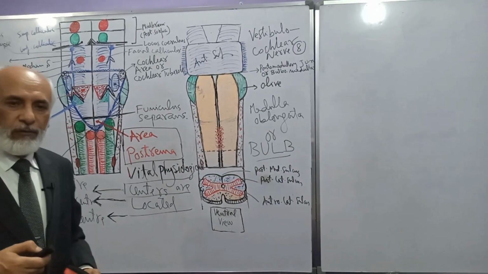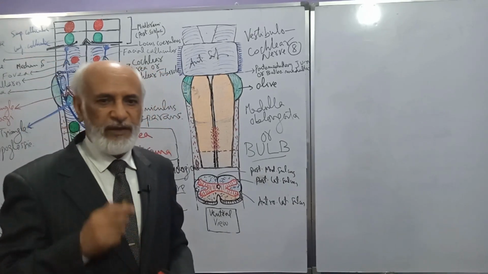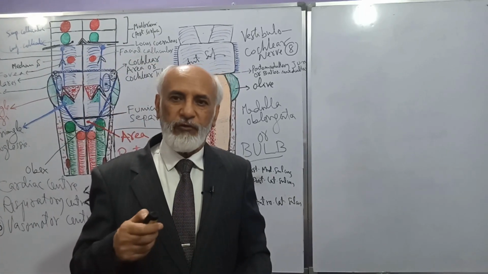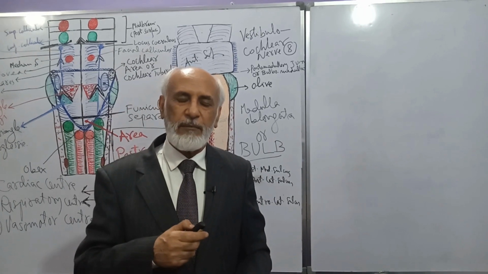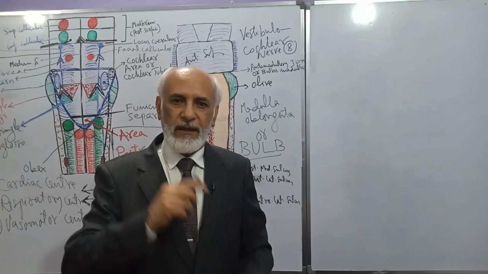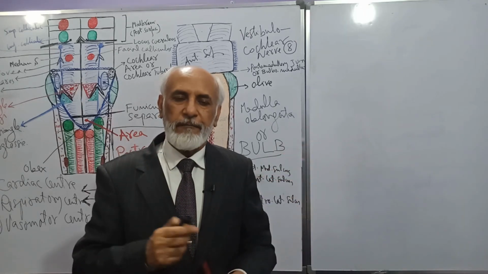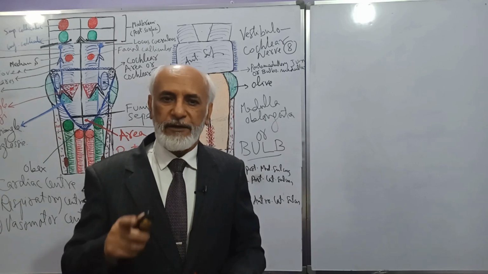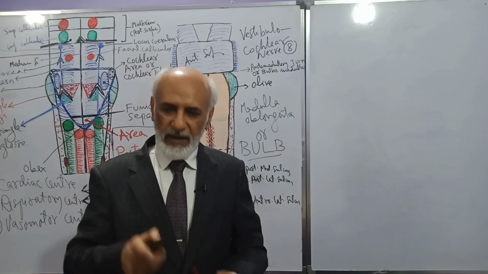Now we will discuss the surface attachment of cranial nerves. It is very important. You know there are 12 pairs of cranial nerves. The first pair, the olfactory nerve, is on the basal surface, orbital part of the cerebrum, olfactory bulb and tract, already we discussed. Then from the eyeball, optic nerves, optic chiasma. Next, the 3rd to 12th cranial nerves are attached to the brainstem, that is midbrain, pons, and medulla oblongata.